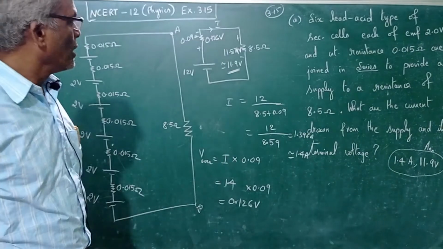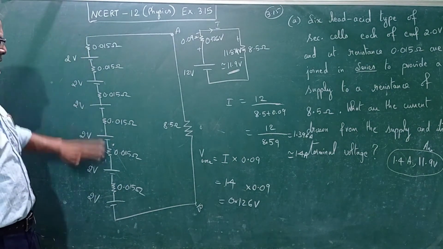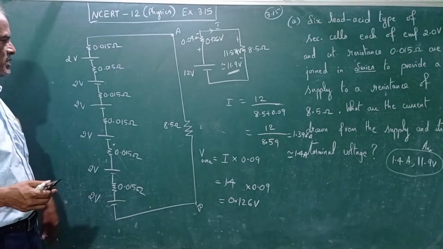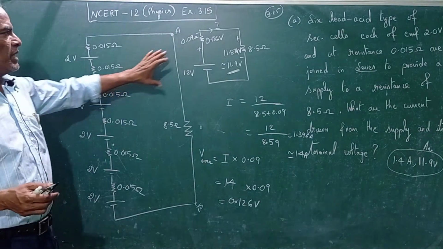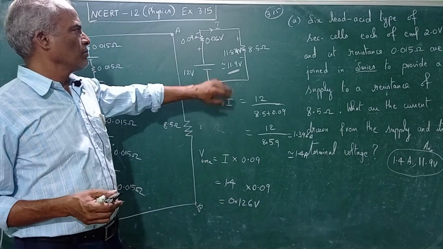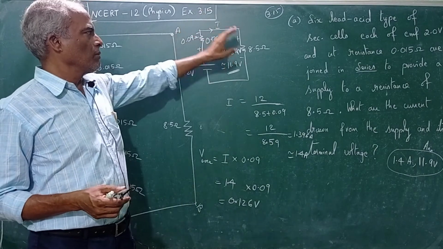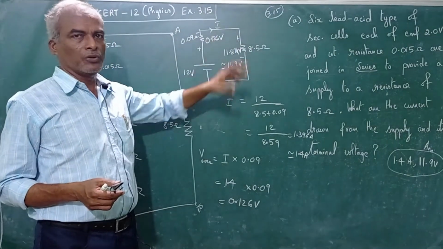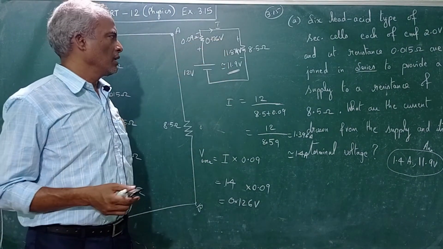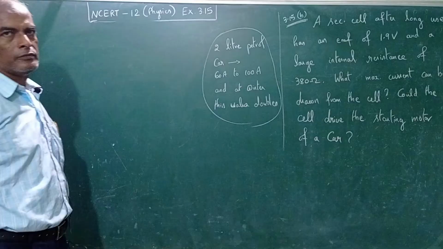So once again, I'll sum it up. You connect all the cells in series, add all the voltages because it is in series, add all the resistances which are in series, then make an equivalent circuit. Find the current because these two are in series. The current multiplied by this resistance will give you the voltage drop here, and the same current multiplied by 8.5 also will give you the same answer. So I have applied Kirchhoff's voltage law and found the value to be 11.9 volts. Okay, next we will go for problem 2.